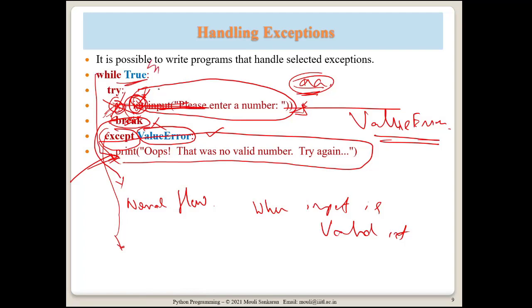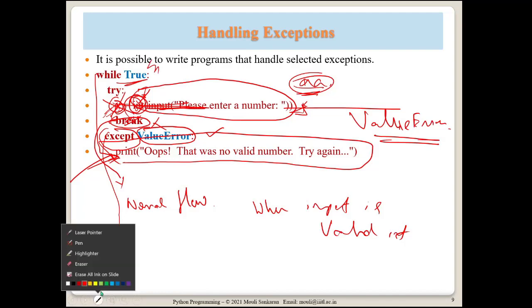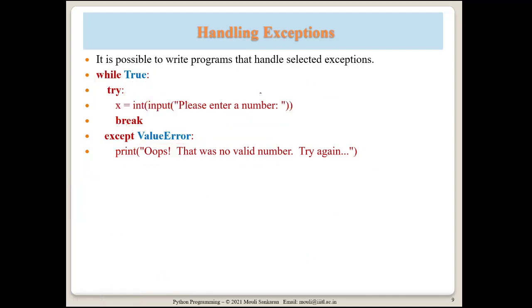So let me summarize it again. If you give a valid number, it will be assigned, it will break from this while loop and then come and execute this. If you do not give a valid number, this function generates an exception, which is a value error exception, and